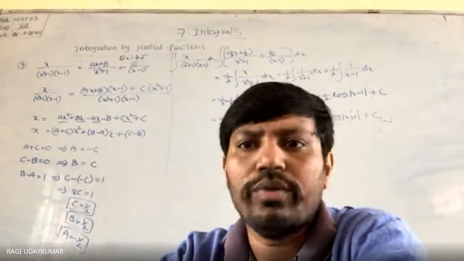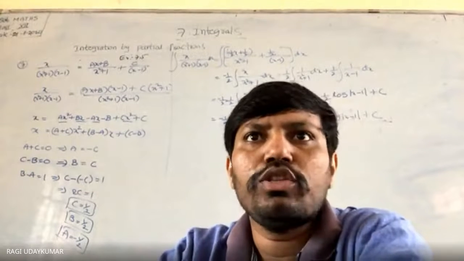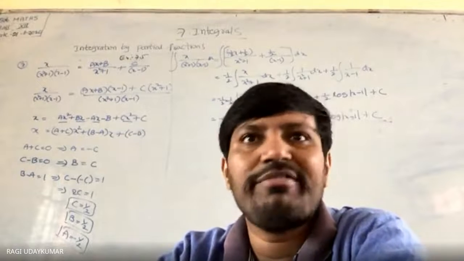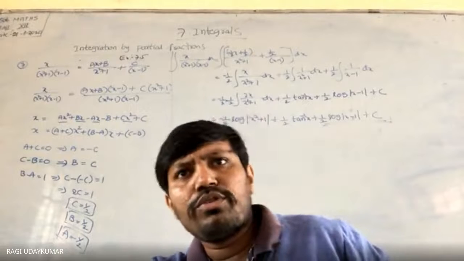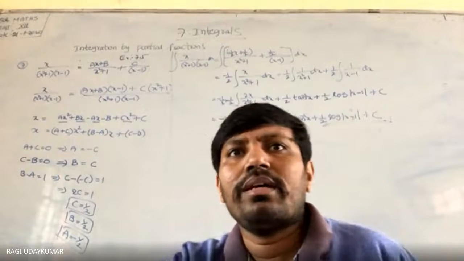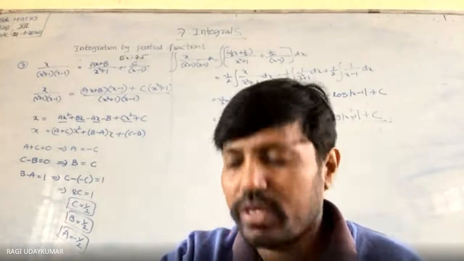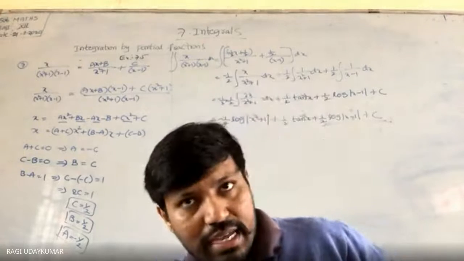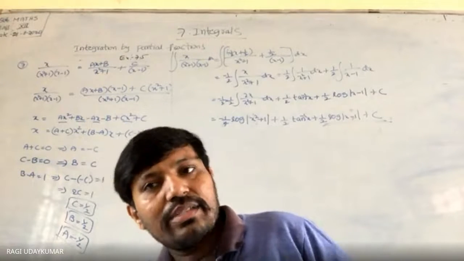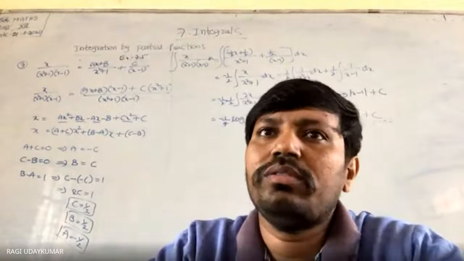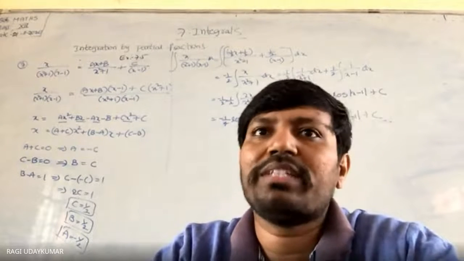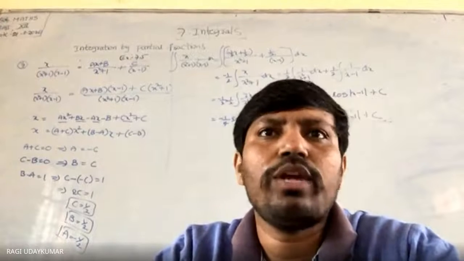Till the 16th, you can do it all. And the 17th problem, if you see, is also not a different problem. Just you have to replace. In the denominator you are having sin x and in the numerator cos x is there. Consider sin x equal to some t. So automatically it is going to get into partial fractions only. So that also you can do it.